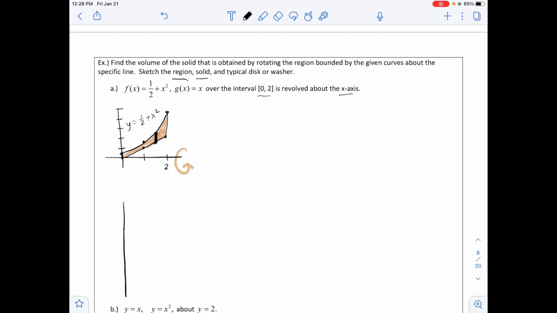Next we're going to draw the solid, and the solid is going to be what we would get when we rotate around. And so again, we're going out from 0 to 2, and as we rotate this around, what's going to happen? So I'm going to go ahead and sketch it again. And when this gets rotated around,